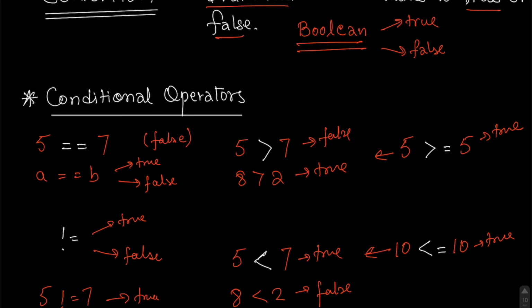One thing to note is if we have something like 10 is less than 10, this evaluates to false here, whereas in this case it evaluates to